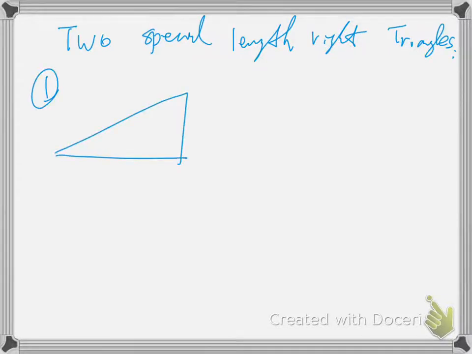Five is the hypotenuse, that's for sure. This is the c side, the hypotenuse. Let's use the same labeling. If this is A, this is B, then